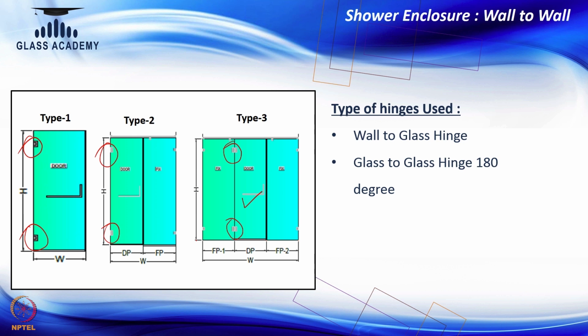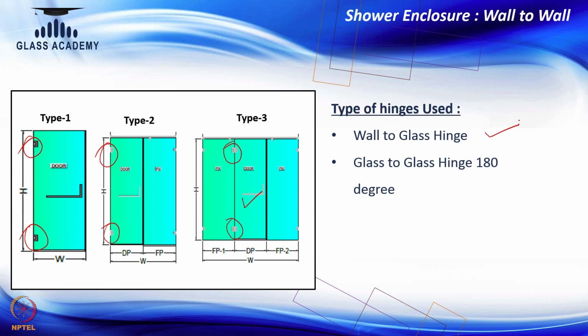So, either it can be wall to glass hinges if your door is going to be fixed on wall, or it can be glass to glass 180 degree hinges in case your door is going to be fixed in this glass panel. So, you can see here type 1, which hinge is being used? It is a wall to glass. Why? Because door is on wall. Type 2, again one fixed panel, one door panel, where it is being used is wall. So, again the hinges used are wall to